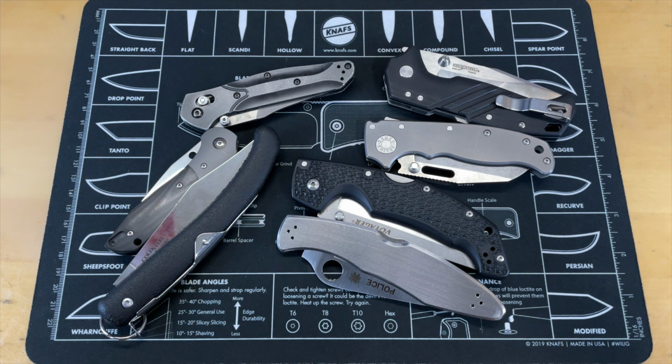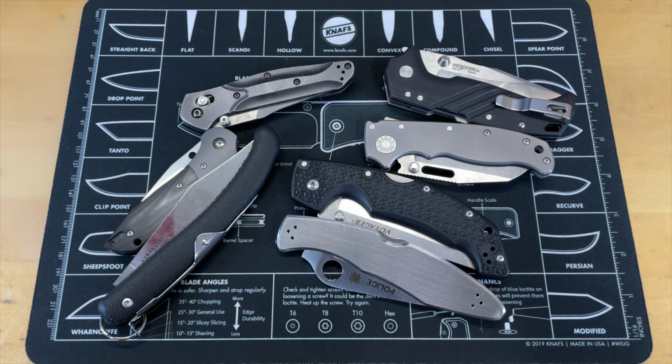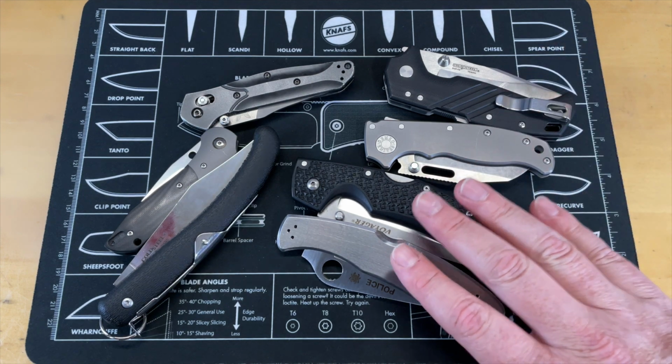As you guys know, there are a ton of locking mechanisms on the market. Some of my favorites have always been frame locks, but I have to say backlocks were the first knives I ever owned. So what we're going to do is I've broken these up into a couple of different categories. We're going to look at some different types of locking mechanisms. There's going to be about 5 different types total. So let's go ahead and get everything out of the way, and we're going to look at these ones first,